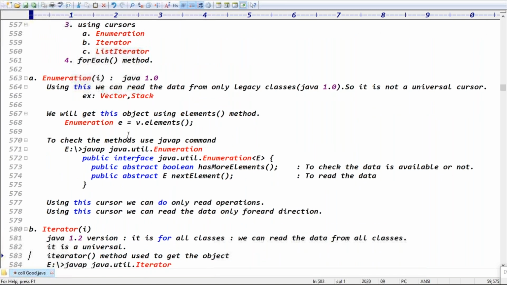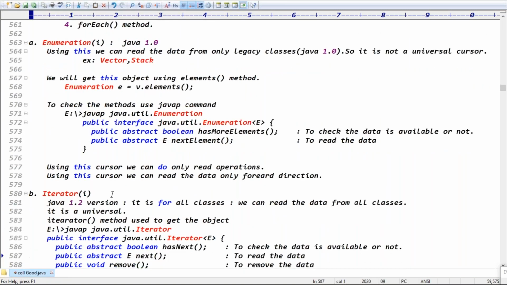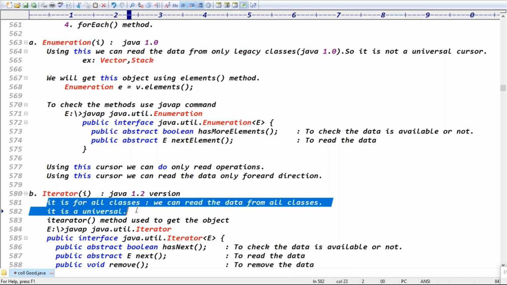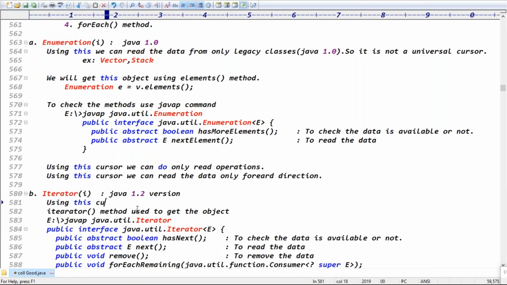To overcome this problem, you can go for the Iterator cursor, guys. Iterator is from which version? Java 1.2 version. It is applicable for all classes, guys.